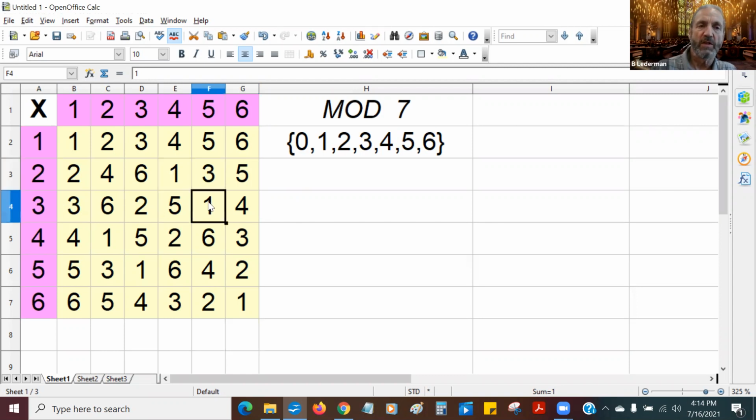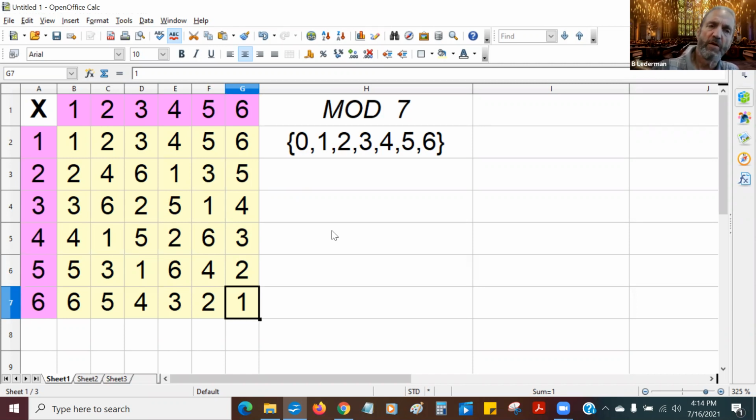3 has an inverse because of that 1. 3 times 5 gives me the 1. 4 has an inverse because there's a 1. As long as there's a 1 in that row or column, that means that there's an inverse. 5 has an inverse, and really the fact that every row and column has an inverse